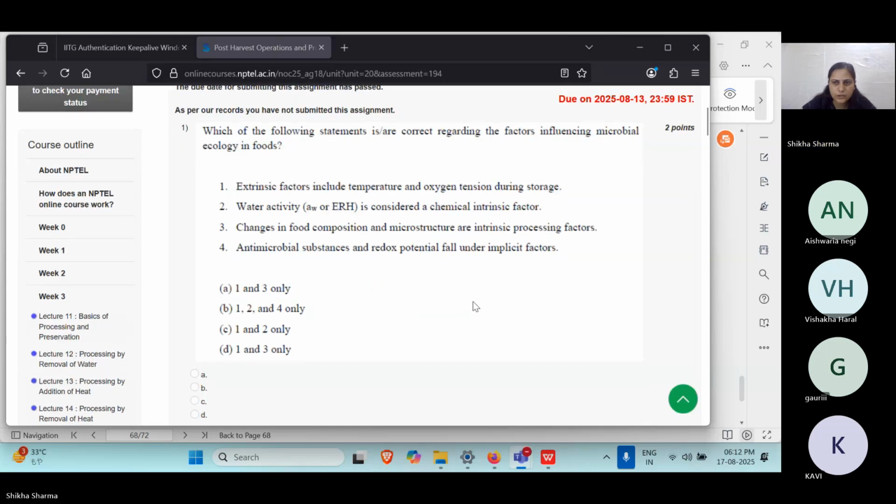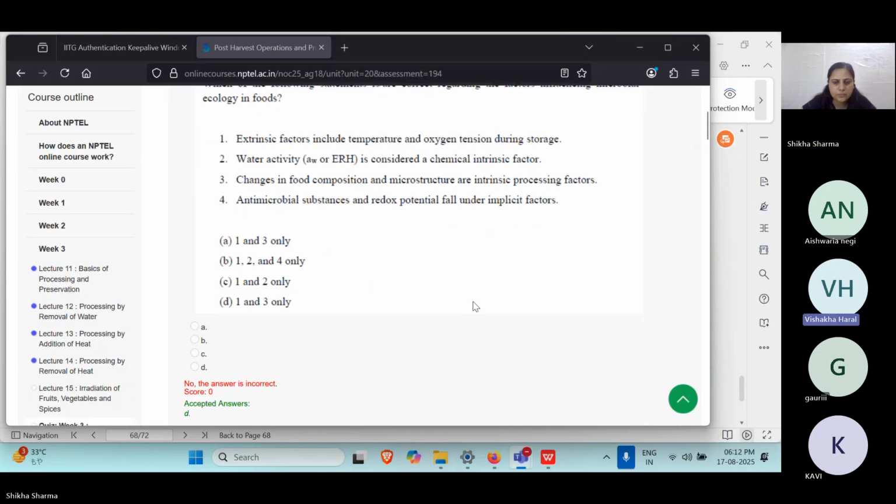Which question, Vishakha? The question was which of the following statements is